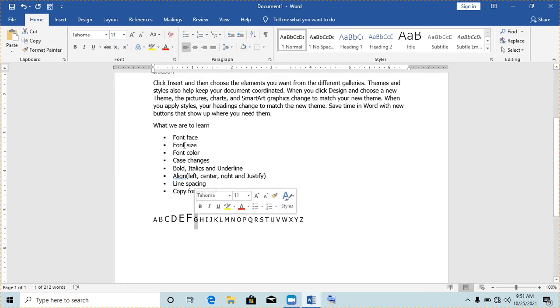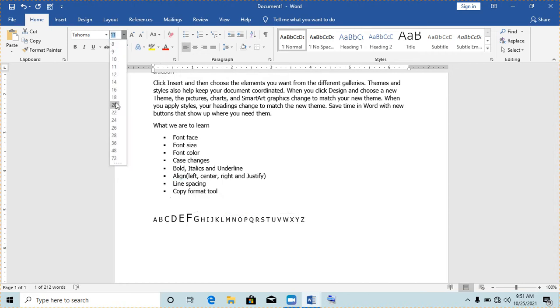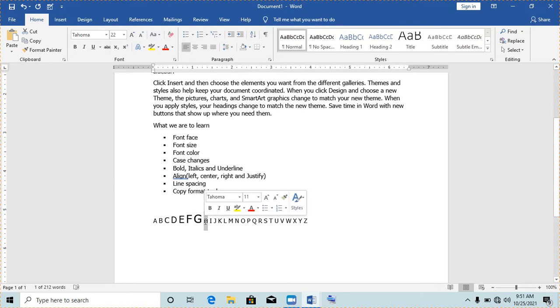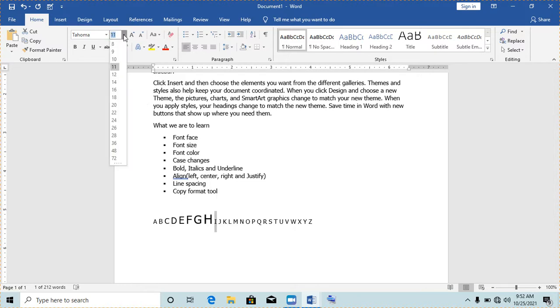Then G. I'll go to 22. Then H. 24. I hope you notice that the size keeps increasing. This will be 26. Then J is